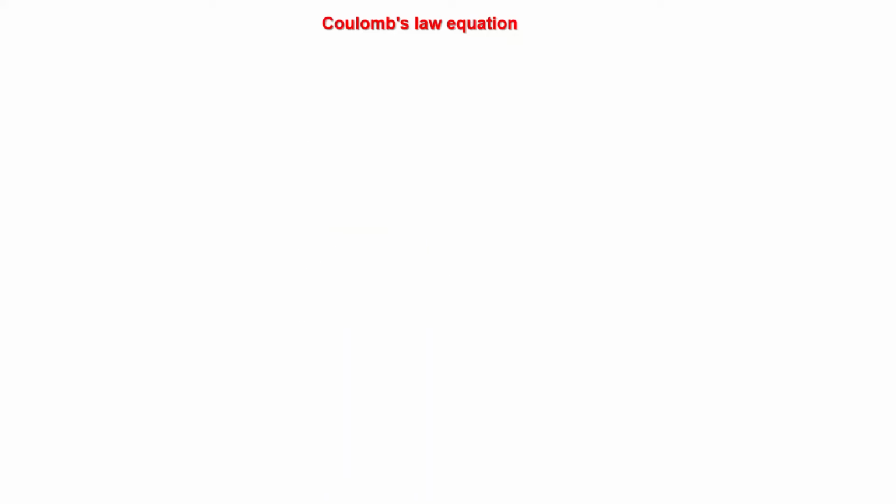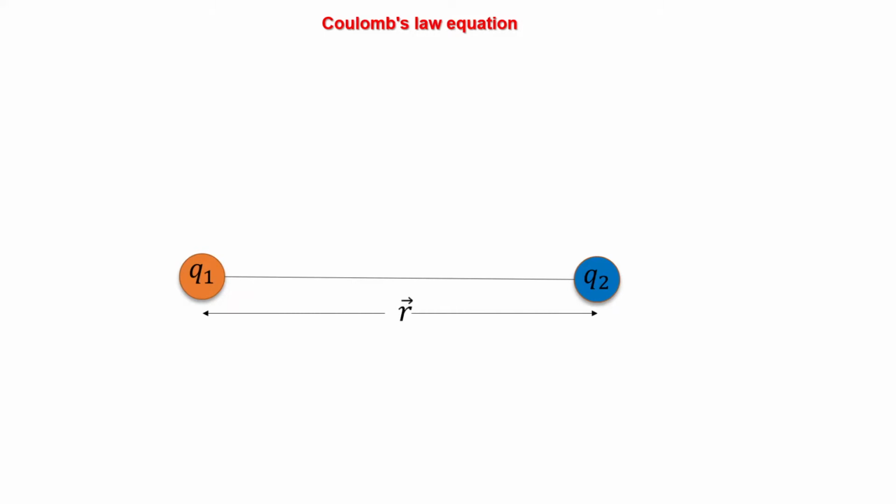Now, what is the Coulomb's law equation? In 1785, the French scientist Mr. Coulomb ran some experiments with electric charges. He realized that if you place charge Q1 and charge Q2 at a distance r from each other,